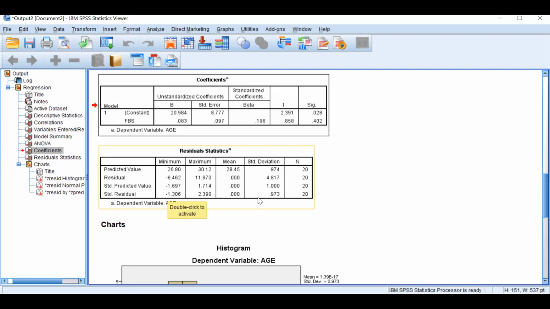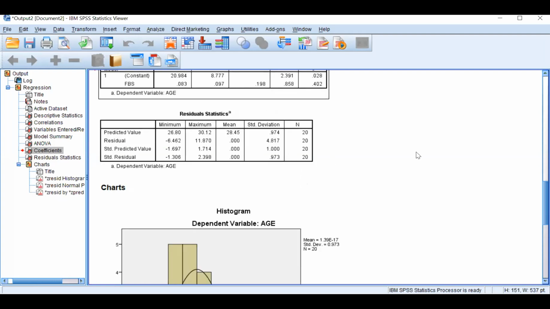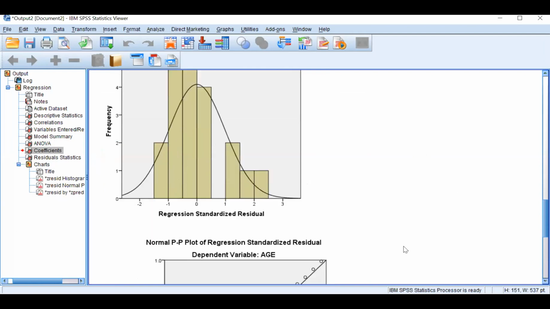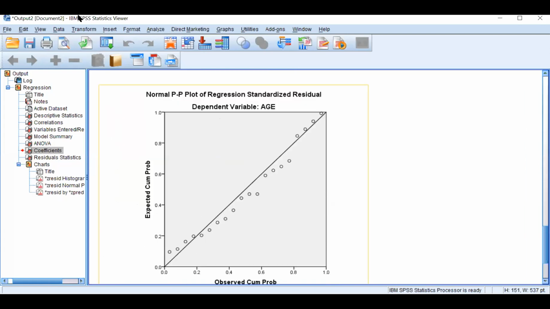And finally, we have to check the distribution of errors, whether it is normally distributed or not, using a histogram, or you can use a basic normality test, which we discussed in the previous classes. Or you can look at the normal PP plot. If the values are distributed around this line, then it follows a normal distribution. Then, what we predict and the standardized residual values should not have a particular pattern, this graph that we see here.